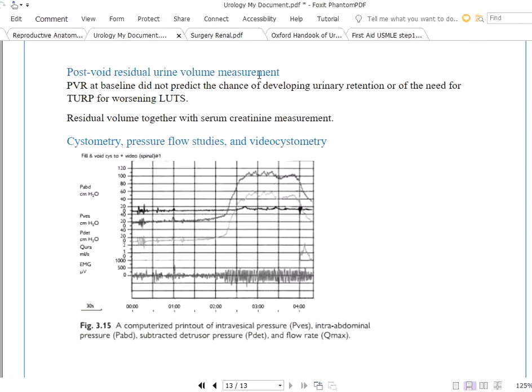But this measurement did not predict the chance of developing urinary irritation or the need for transurethral resection of prostate for worsening lower urinary tract symptoms. So this exam is still not recommended